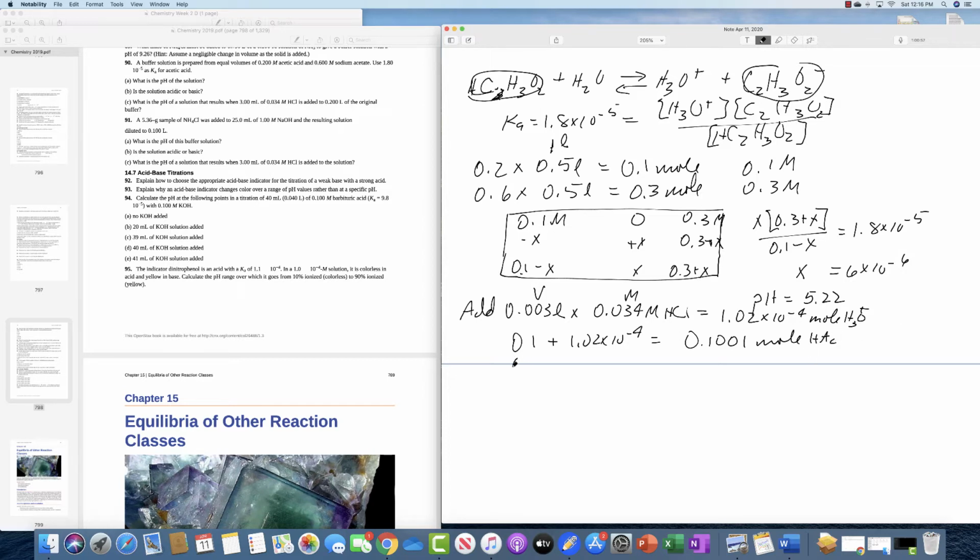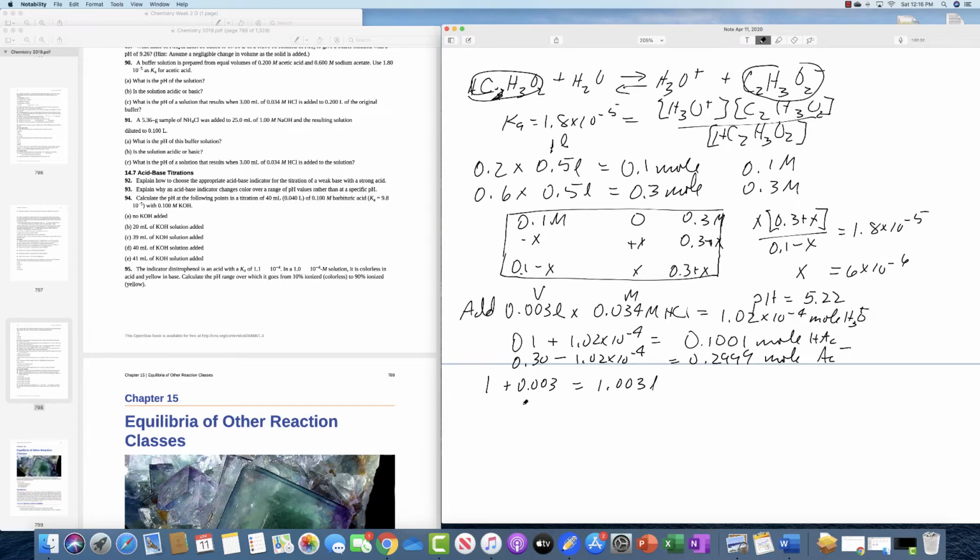And if we take 0.30 minus 1.02 times 10 to the minus 4, we get 0.2999 moles of the acetate ion. The total volume now is going to be 1 liter plus 0.003, or 1.003